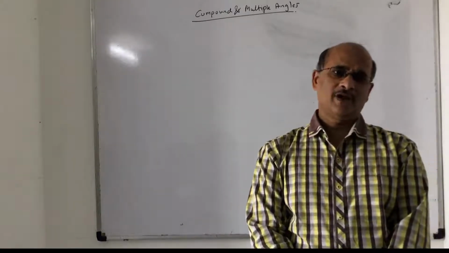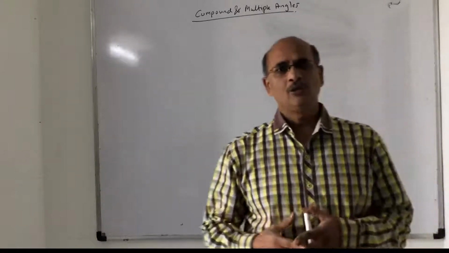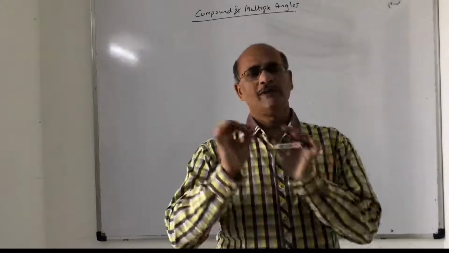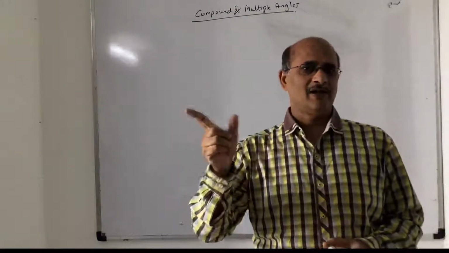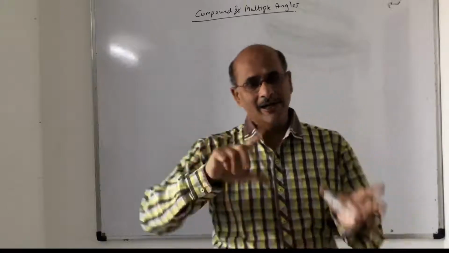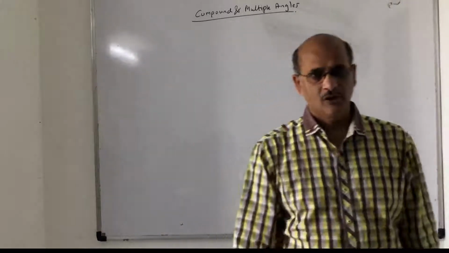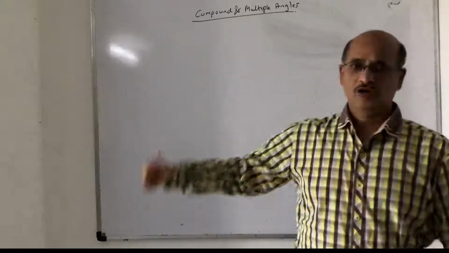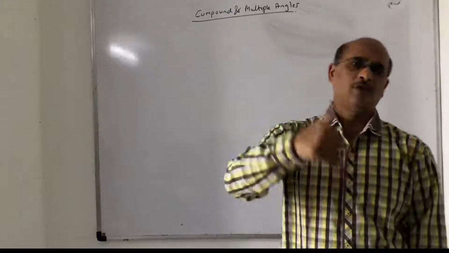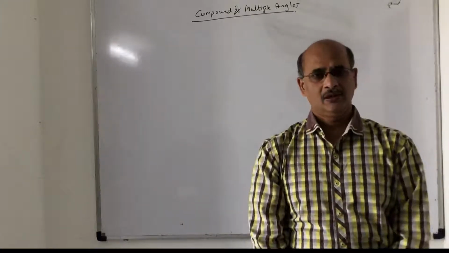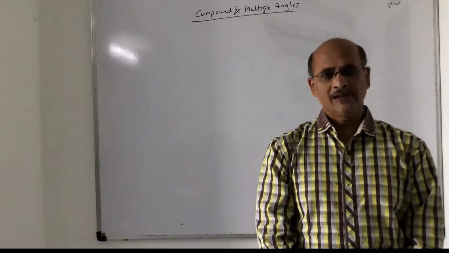Then in trigonometric functions we further studied how to find the value of the trigonometric functions of angles of any magnitude, that is 90 plus minus theta, 270 plus minus theta, 180 plus minus theta and 360 plus minus theta. Now what is put across to you today is the next topic on trigonometry and the last part of the trigonometry for your syllabus in the current year for class 11: compound and multiple angles.